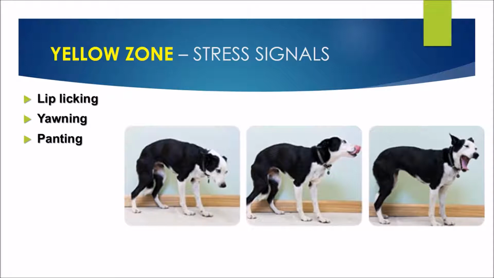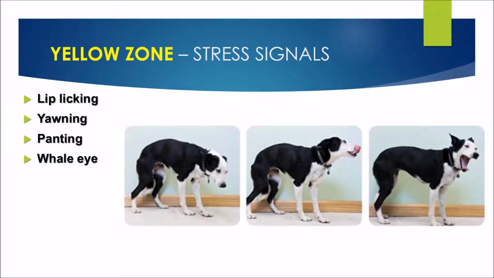Panting is another one. Again, the dog that's been on that big walk comes back and he's panting, but his body's nice and relaxed, and he decides to go and sprawl out somewhere to cool down. He is just cooling himself down through panting. But if we go to that dog that doesn't like the car and he's sitting in the car, the air conditioning's blowing, it's nice and cool, there's no reason for him to be panting because he's hot, but you start to notice some panting, absolutely, that's your displacement behavior showing there, where he's trying to cope with that stress.